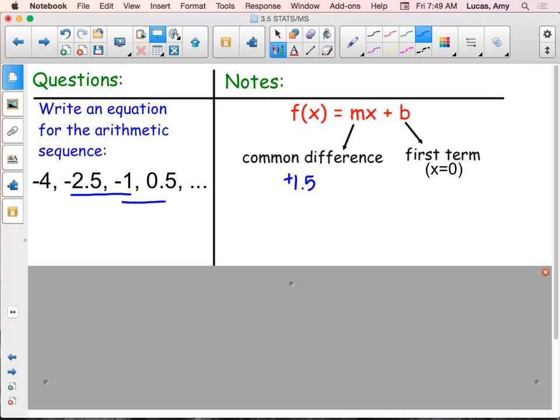I could have looked at these, but some people aren't so good going from negatives to positives. So I kept it with two of the negatives. I just used the 1 because it's easier for me to tell how far 1 is from 2.5 than it is from 2.5 to 4. And then my first term is negative 4. So f of x equals 1.5